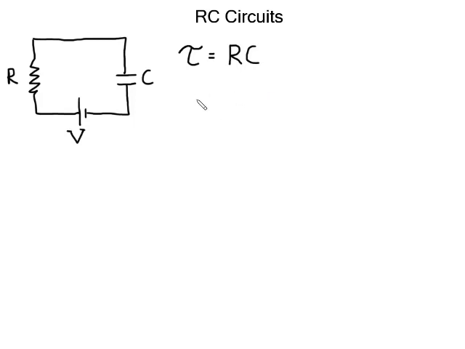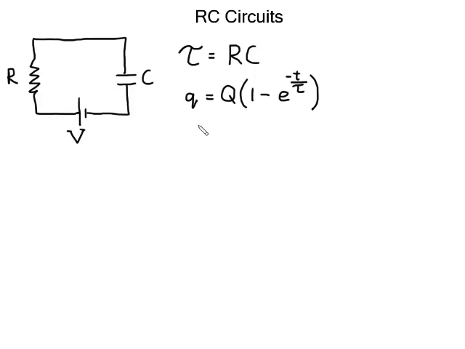Where this gets used is in a function. There's a function that gives the amount of charge that will be located on the capacitor at a given amount of time, and it is a function of the total charge, big Q, and this very strange looking thing in the parentheses, which is 1 minus e to the negative t over tau. Why this crazy thing? Well, it requires calculus actually to explain where this comes from, so we're not going to do that. But what we can do is look and see how this thing performs as you go from a